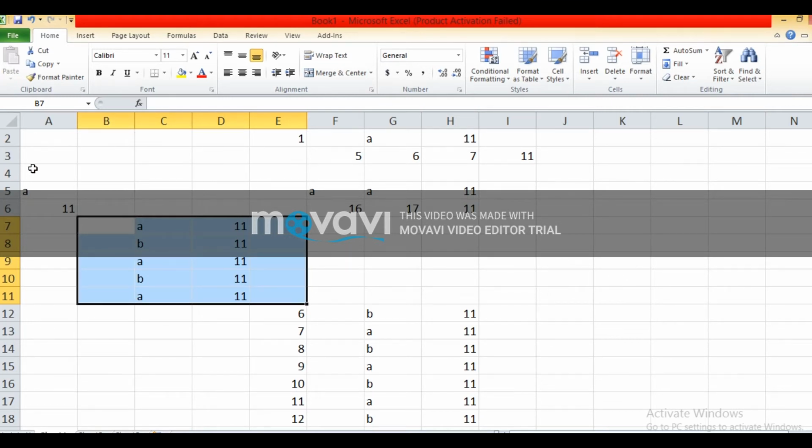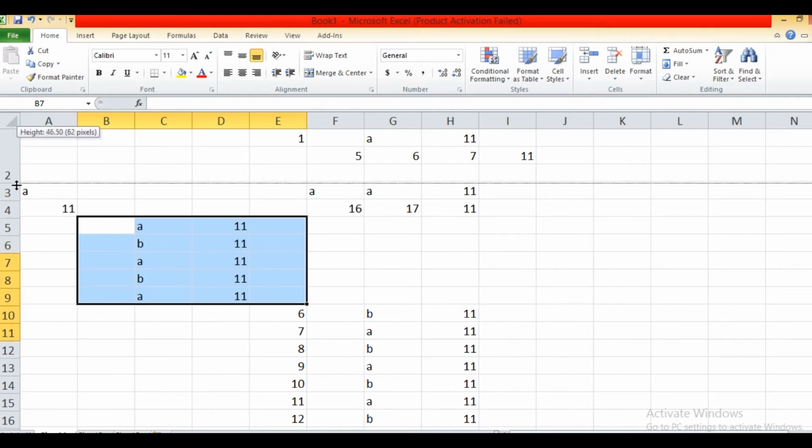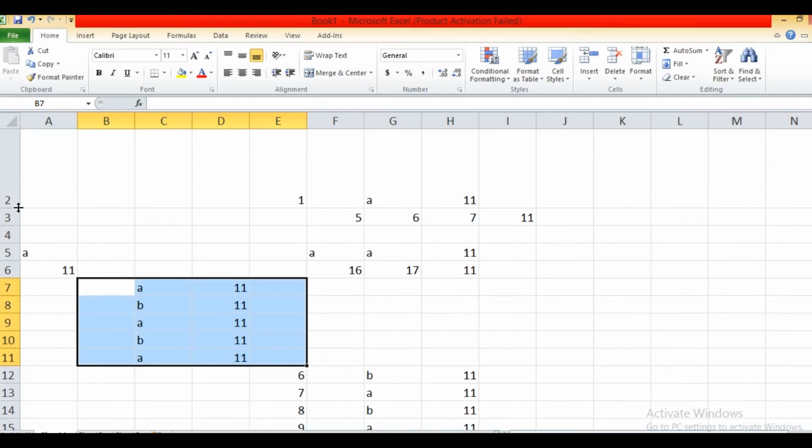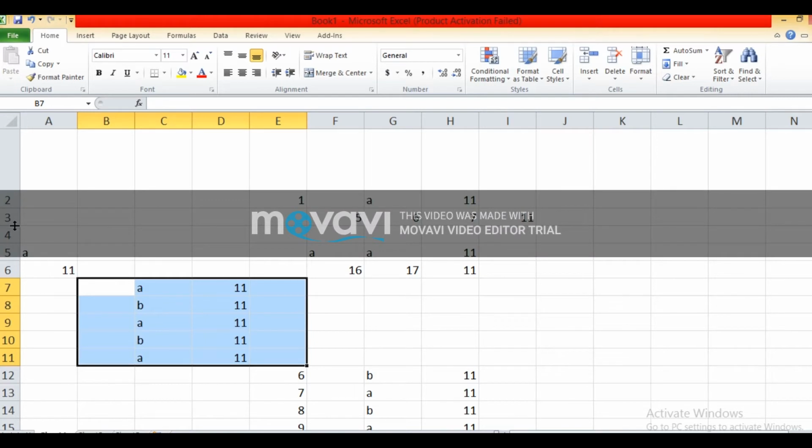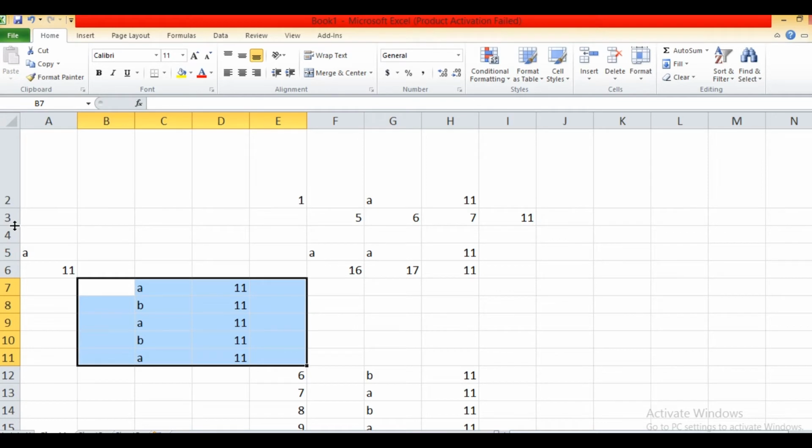You can see that when I bring the mouse pointer to the row heading, the mouse pointer changes to a double headed arrow, one arrow above and one arrow at the bottom. That is called a double headed arrow.